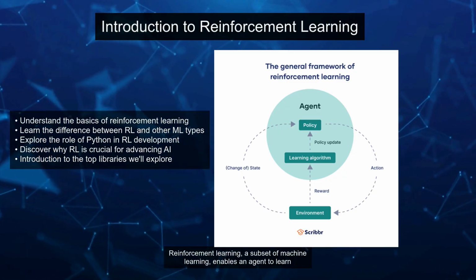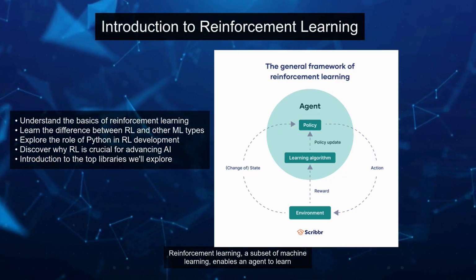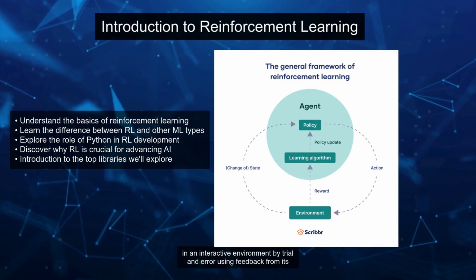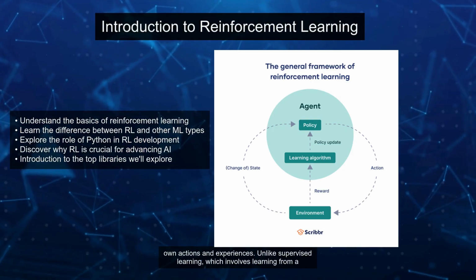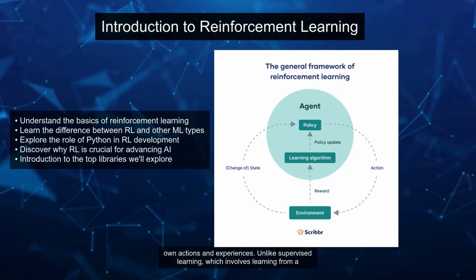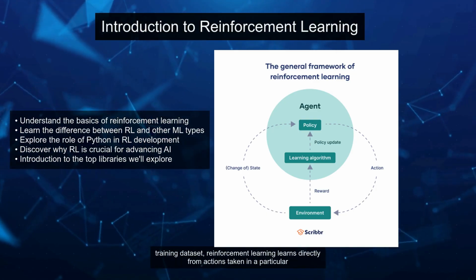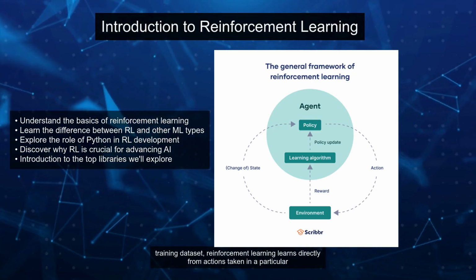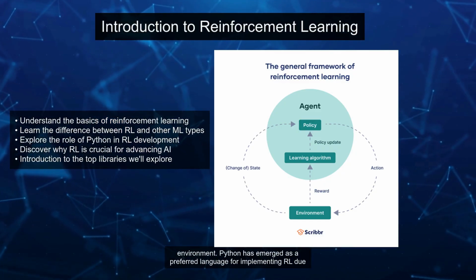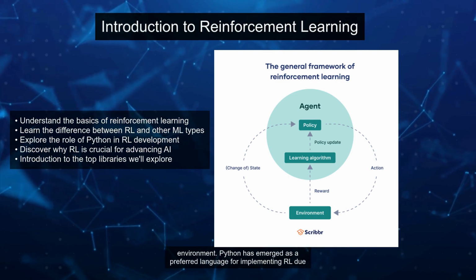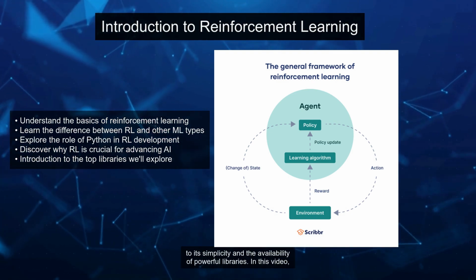Reinforcement learning, a subset of machine learning, enables an agent to learn in an interactive environment by trial and error using feedback from its own actions and experiences. Unlike supervised learning, which involves learning from a training dataset, reinforcement learning learns directly from actions taken in a particular environment. Python has emerged as a preferred language for implementing RL due to its simplicity and the availability of powerful